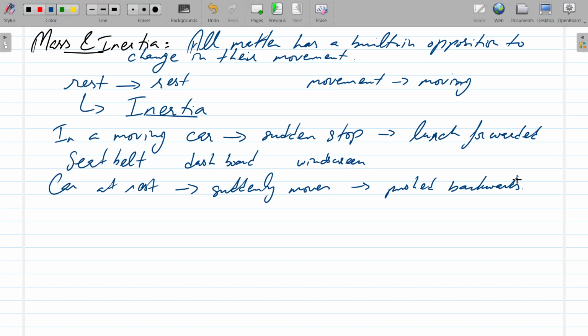And that is because your body wanted to stay at rest. Obviously, an unbalanced force acted on it. There was a resultant force in which the car moved, and being inside the car, you also get into motion. But there is that resistance. Other examples of inertia and mass, for example,